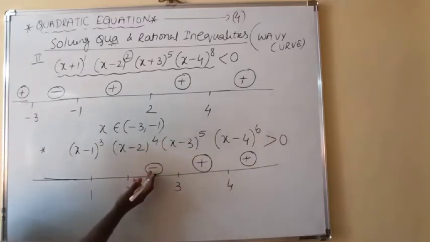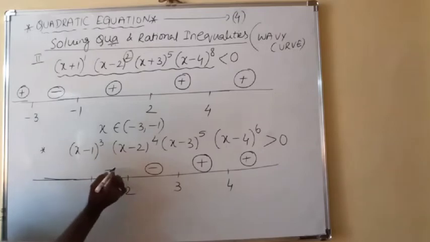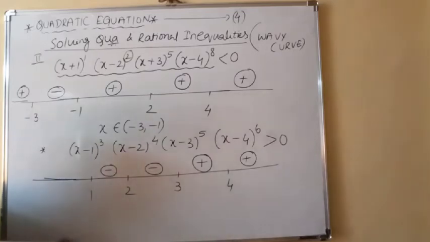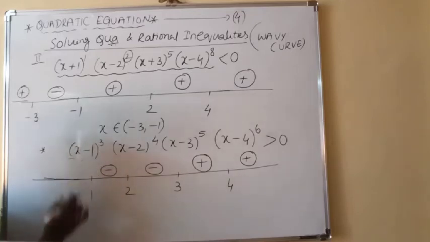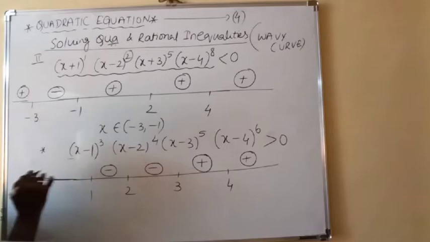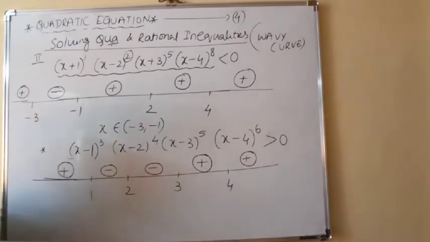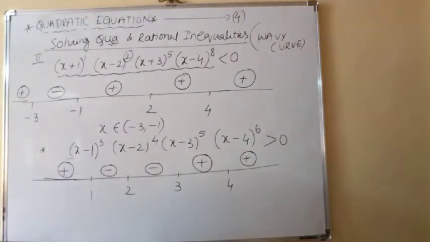So as it is even number, we have to keep the same sign. That means again here what you will get? Minus. Next, 1. 1 is a root because of x minus 1. So it's x minus 1 power, how much is there? 3, which is odd number. So we have to change the sign. So change the sign is what? Plus. Now we have to find the interval where this product is purely positive, greater than 0, purely greater than